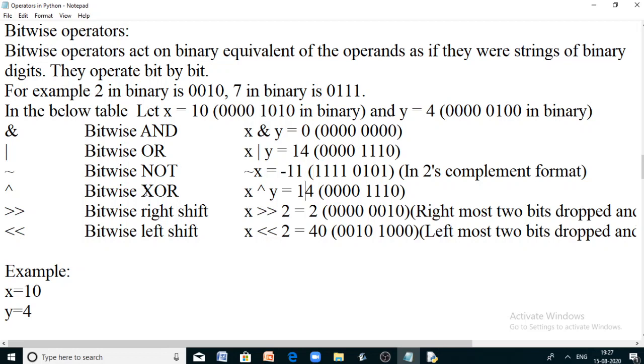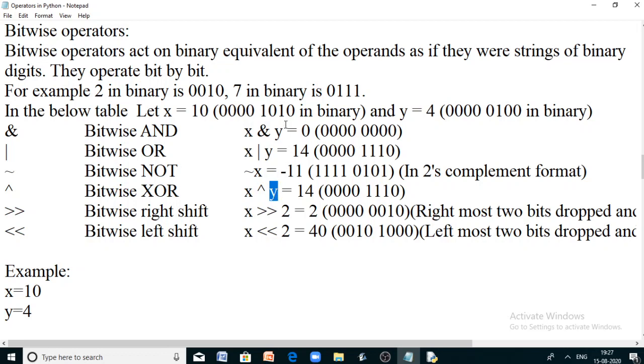Now the next one is the bitwise XOR operation. Bitwise XOR returns the value 1 if both the bits are different. When you apply the bitwise XOR operation on X and Y, it will return 1 if both the bits are different.